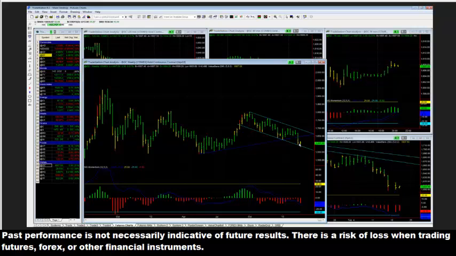If I would have been looking to short more aggressively, and I have shorted quite a bit over the last couple of weeks and taken advantage of some of these trend line breaks, but I've been more bullish longer term just because our government's printing dollars like it's water. So I think at some point in time, gold's got to go up against the dollar in a massive way. So that's the backdrop of what I'm using as my fundamental perspective.